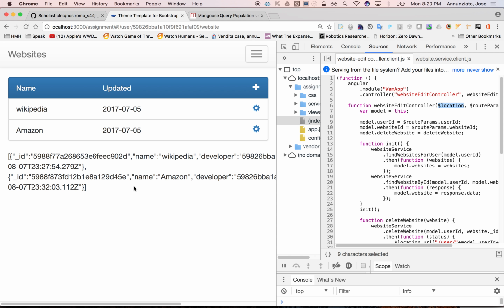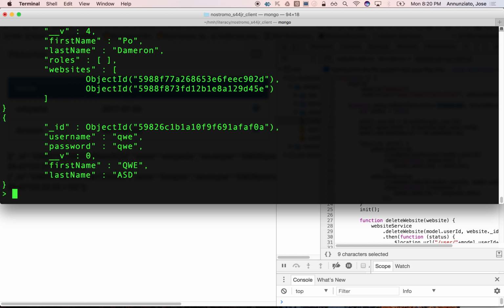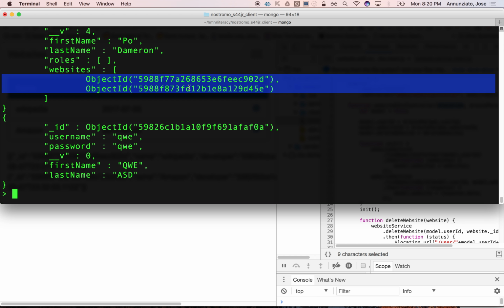Okay. Looked like it worked. All right. So the removal of the website, we knew that worked, right? Because we tested that earlier. But let's see if PO was updated. It was, right? Notice that now we have two instead of having the three websites that we had earlier. Okay, makes sense? Again, not that you would implement both sides of this relationship, but oftentimes you have to, especially